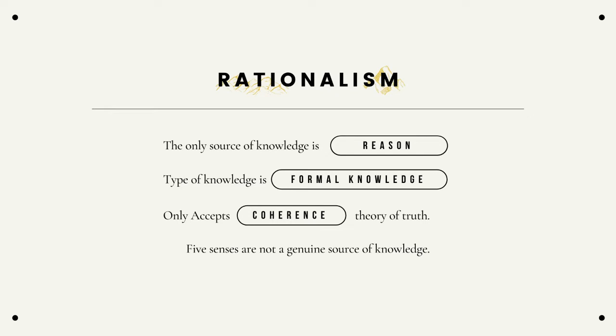Coherence theory of truth is used in verifying formal claim with the use of the faculty of reason. Ang ibig sabihin neto ay kapag ang iyong belief ay nagko-cohere with your other beliefs, then it is true. An example would be if I say the table is in the room and it fits in with other statements that are a part of it. An example of these statements could be a room is a space that can be occupied, or a table is a piece of furniture with a flat top and 4 or more legs. Since these statements cohere with my first statement, then the statement must be true.